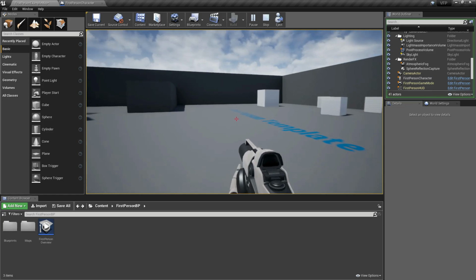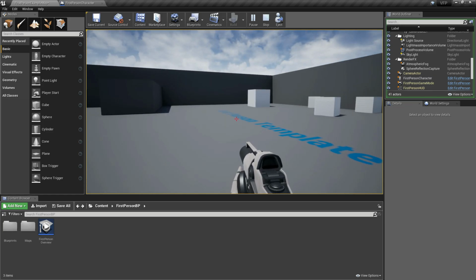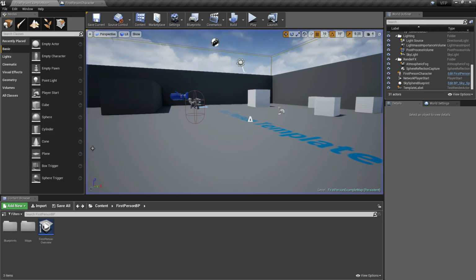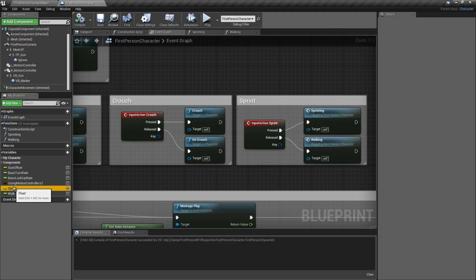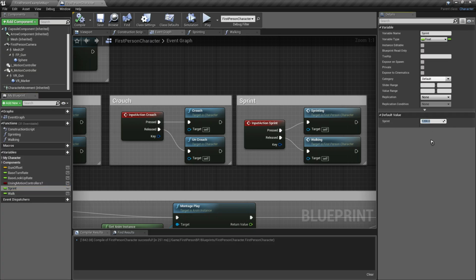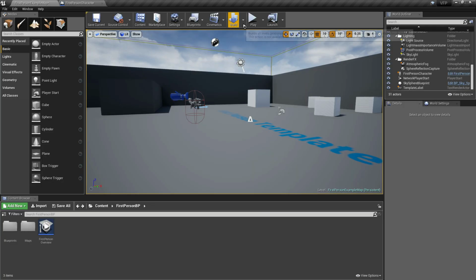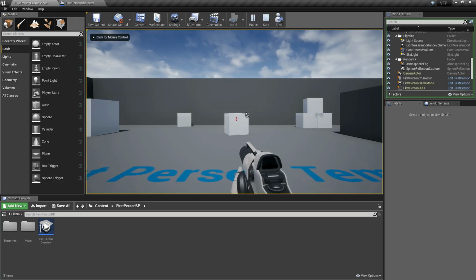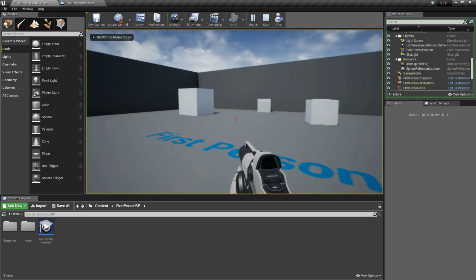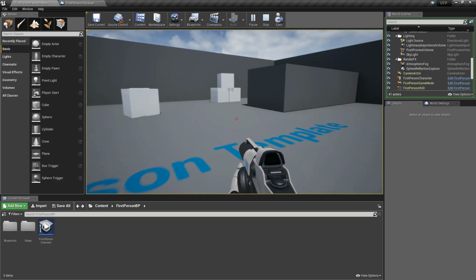To make our sprint more observable, let's increase the value of our sprint variable. So instead of 1,200, let's double it to 2,400. Let's check if it really speeds up the movement of our character.